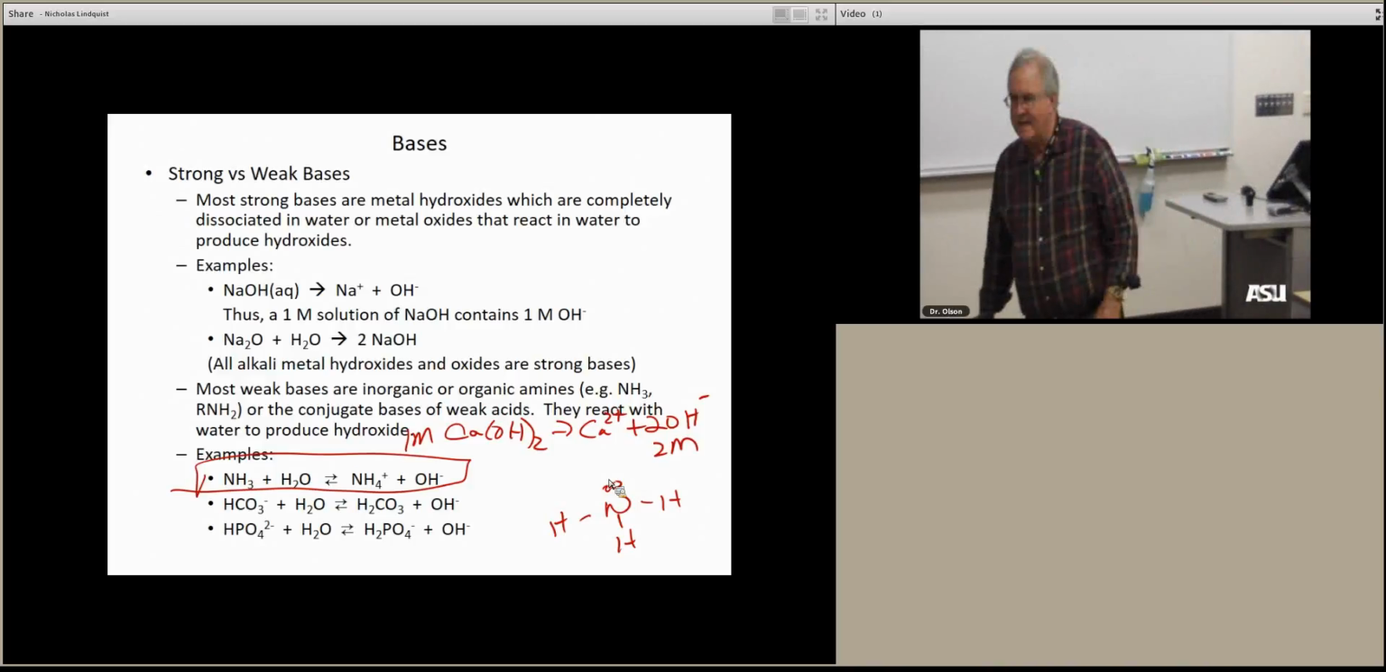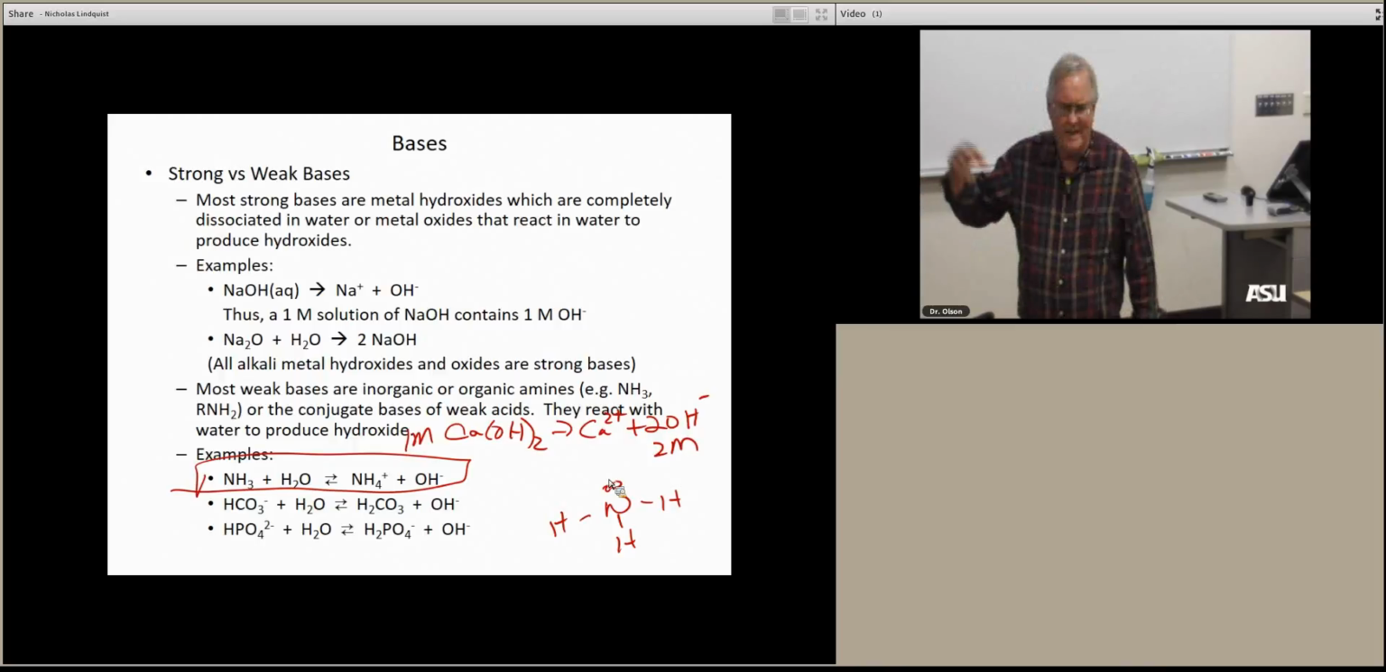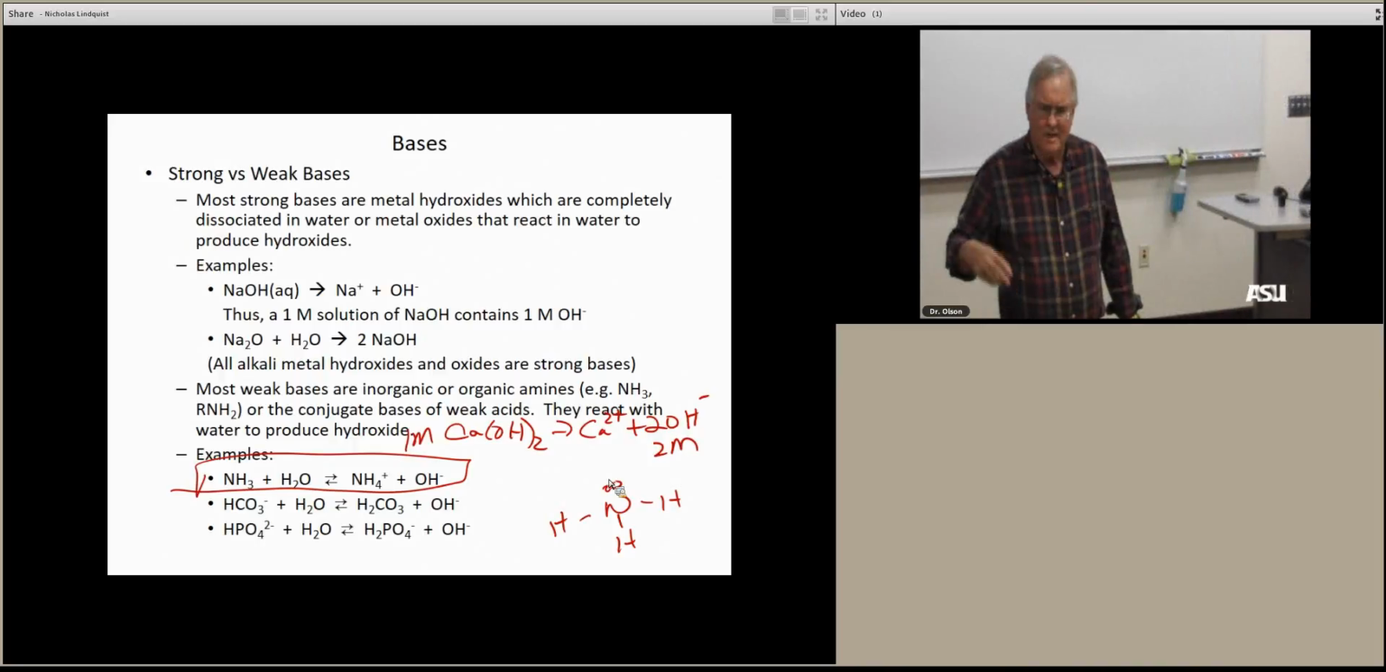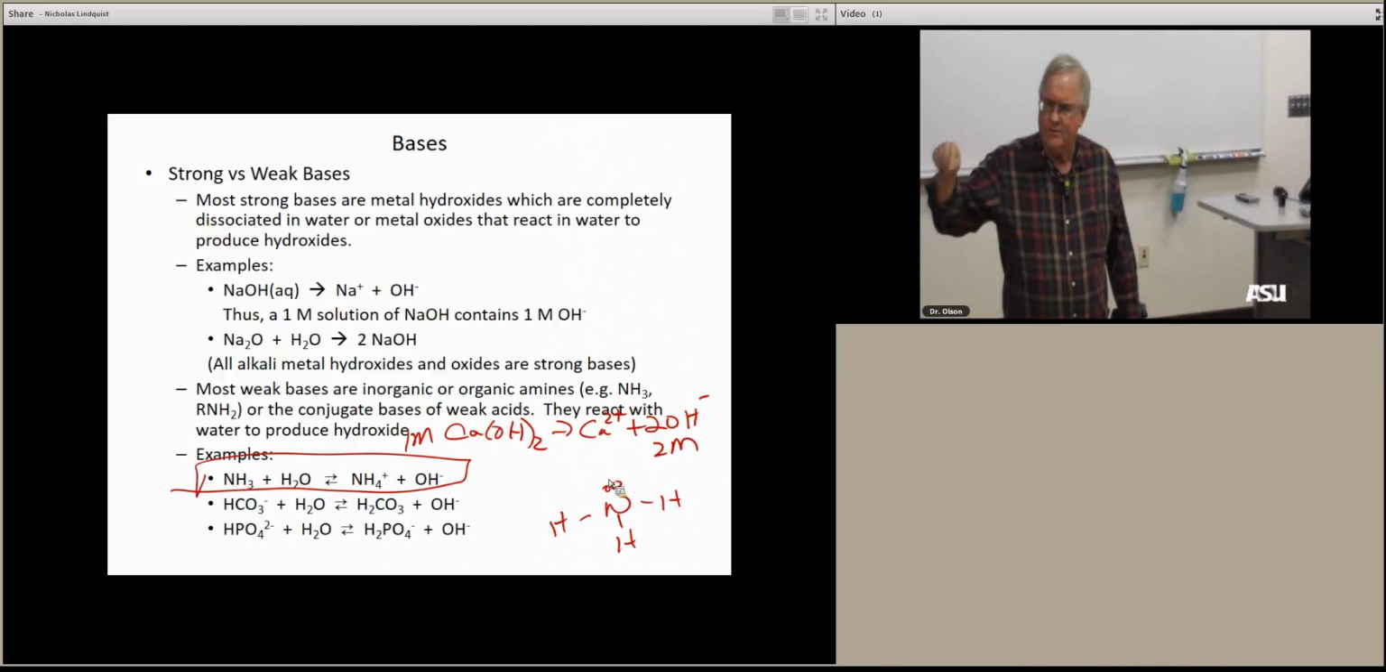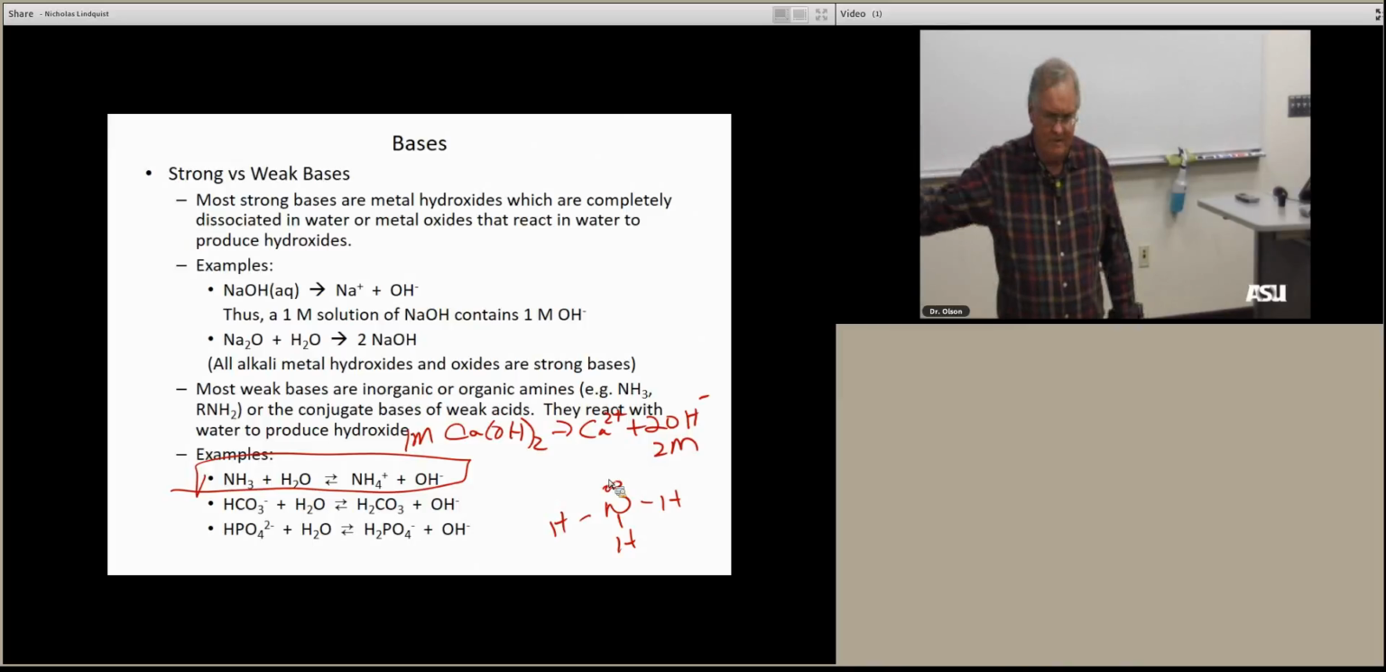It means that, yeah, there's a tendency for that nitrogen to accept the proton, and when it does, it makes an NH4+ and a hydroxide ion, right? So that hydroxide is going to make it basic. It means that if you test it with litmus paper, it's going to turn blue. But it's a weak base, so it only accepts a little bit. At equilibrium,